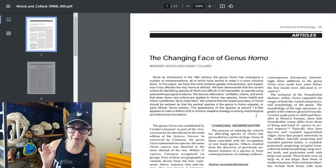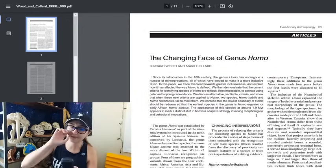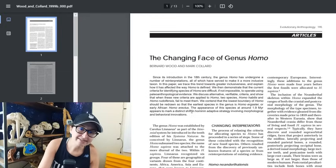So there's a specific phrase here that I hope lit up for a few of you, but if not, I'm going to walk you through it. And that's a distinct shift in the hominin adaptive strategy. Whenever you hear that species or groups should be defined by their adaptive strategies, or even you just hear the term adaptive strategy in relation to things like taxonomy, what should come to mind almost immediately is the discussion of